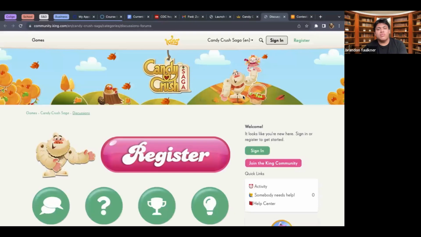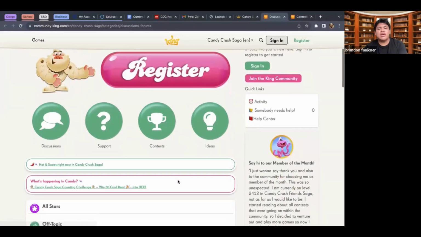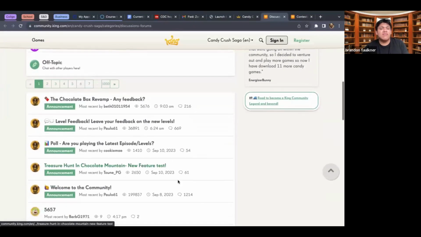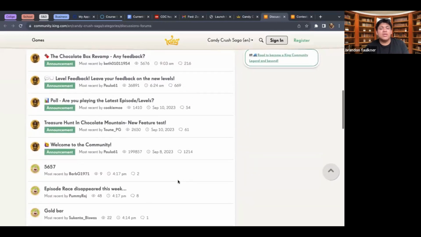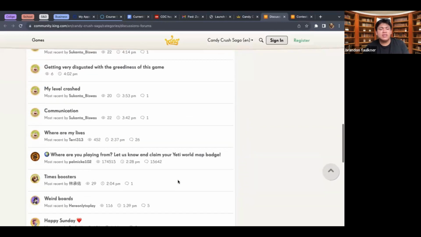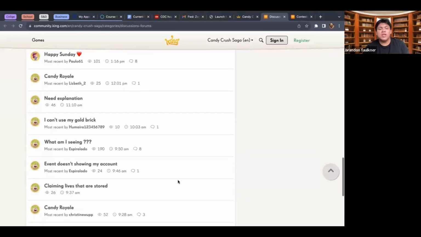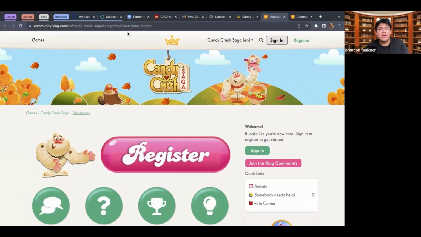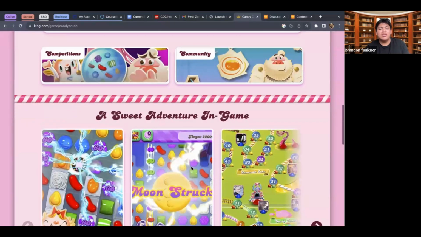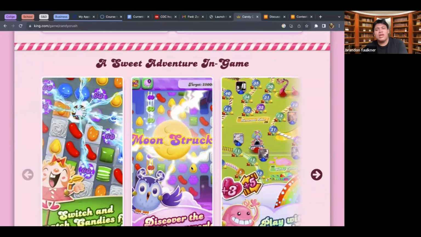If we go back here to the main page, we can also see a different community board where people come together and say, hey, I got this level. I'm stuck on this level. How do I do it? That sort of thing. Because Candy Crush has been around for such a long time, there are so many people playing this game, and there are so many people who want to advance on to the later levels. Of course, with this being a leveling up game, you start at level 1, and then you could advance as far as, I believe, level 999 before the game just continues on forever.